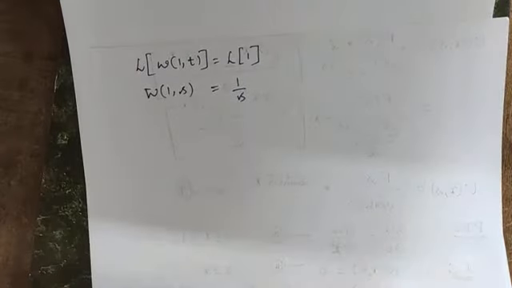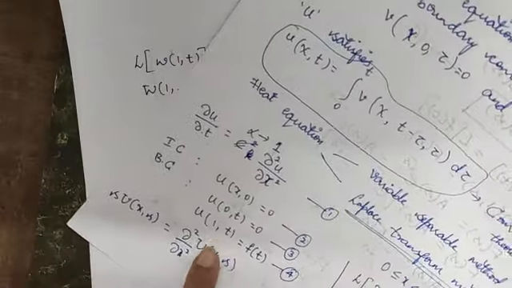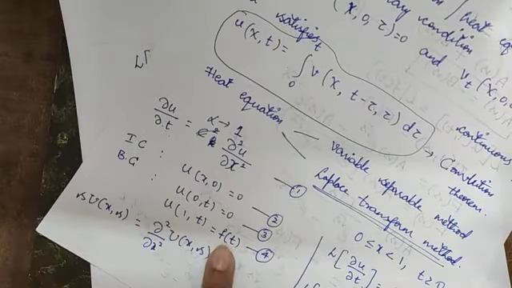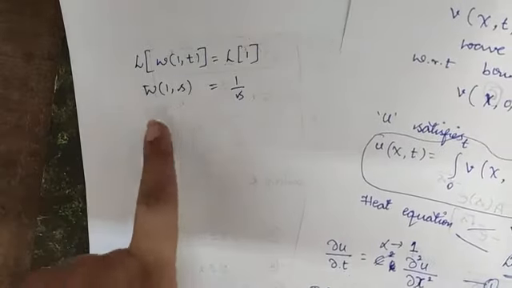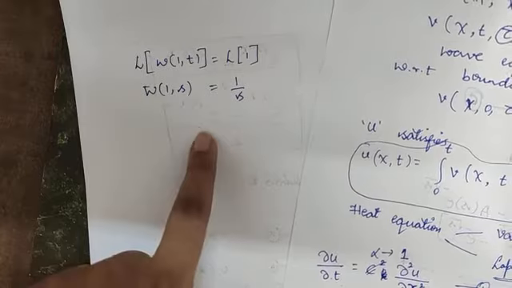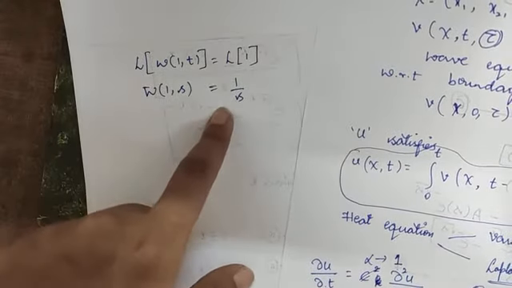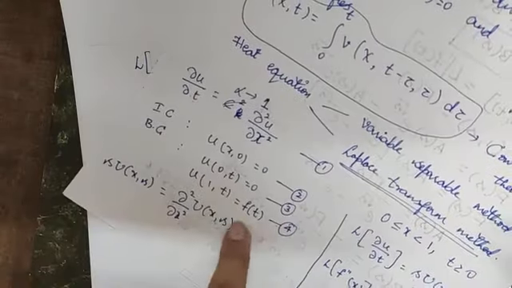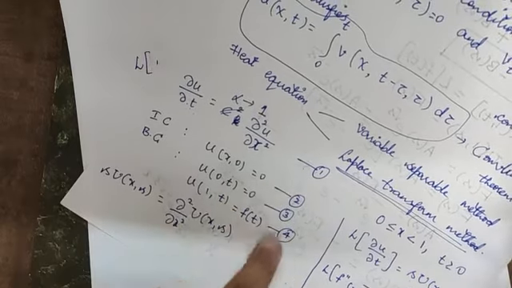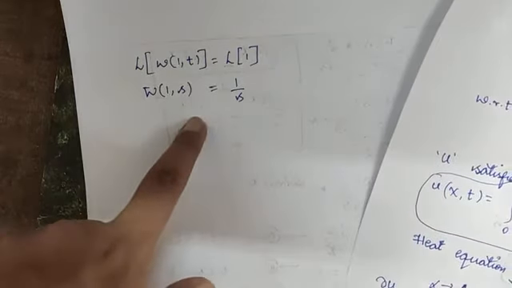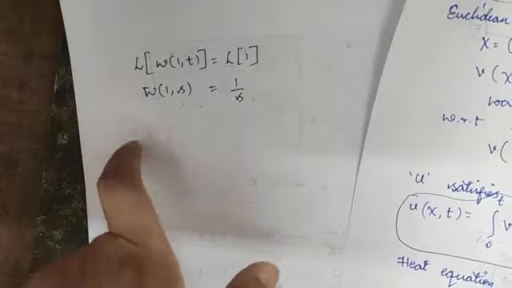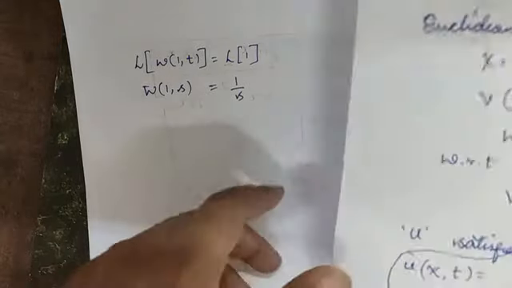So initially when I consider the heat equation, in my boundary condition it was u of 1 comma t is f of t. Don't get confused with this and the problem which we have considered here. Since I am considering a simple problem, I have taken this is equal to 1. This is an inhomogeneous type, but I have considered the homogeneous, that is the general solution of the homogeneous equation.